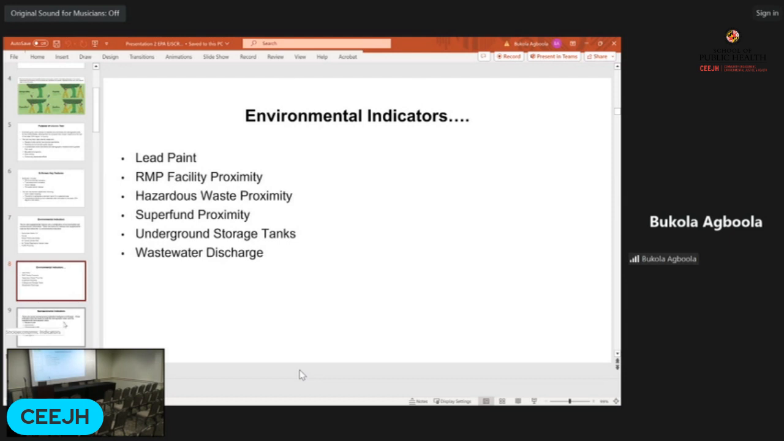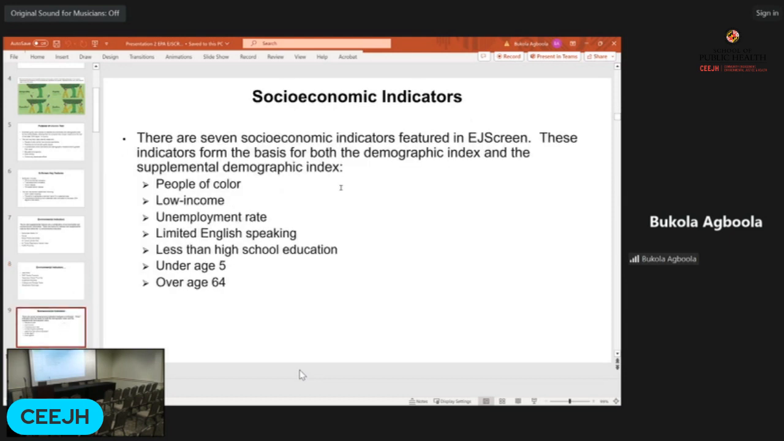Another thing the EPA EJ Screen tool has is our socioeconomic indicators. And there are seven socioeconomic indicators in the EJ Screen tool. That's people of color. People of color are people that list their race as other than white. And we have low income. Those are households with income that is less than twice the federal poverty line. We have the unemployment rate,